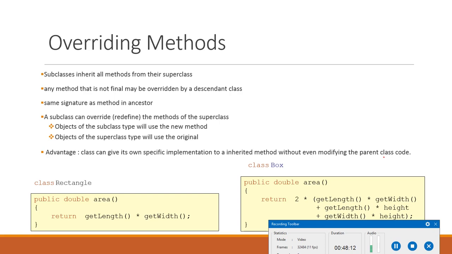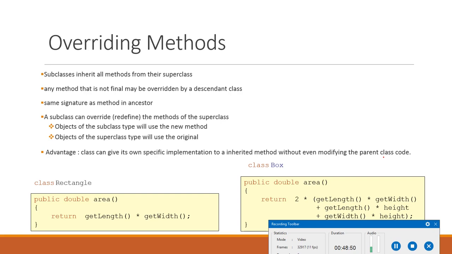Now what is method overriding? Method overriding is a concept where the parent class and the child class have the same method name with the same parameters, exactly the same method name, exactly the same parameters. So in that case, when we call the method, the parent class method will be shadowed, or we call it overridden, and the child class method will be executed. This is called the concept of overriding.